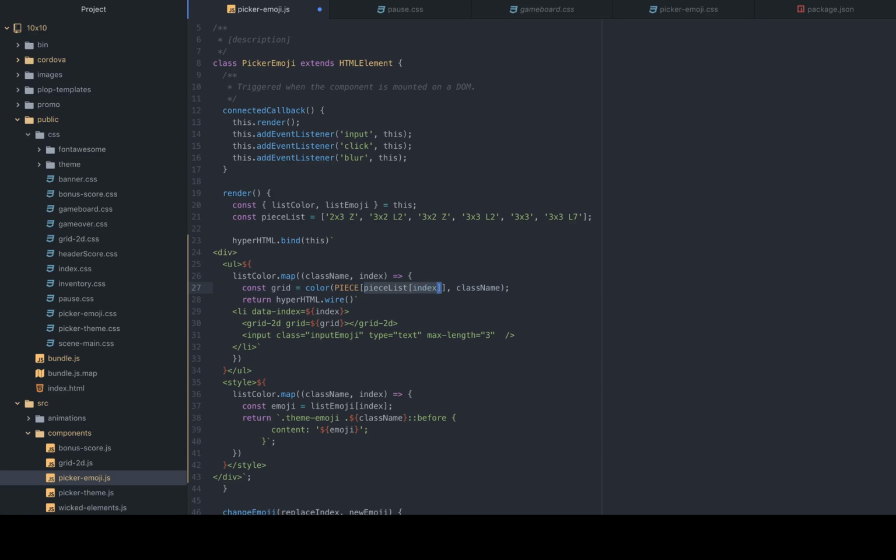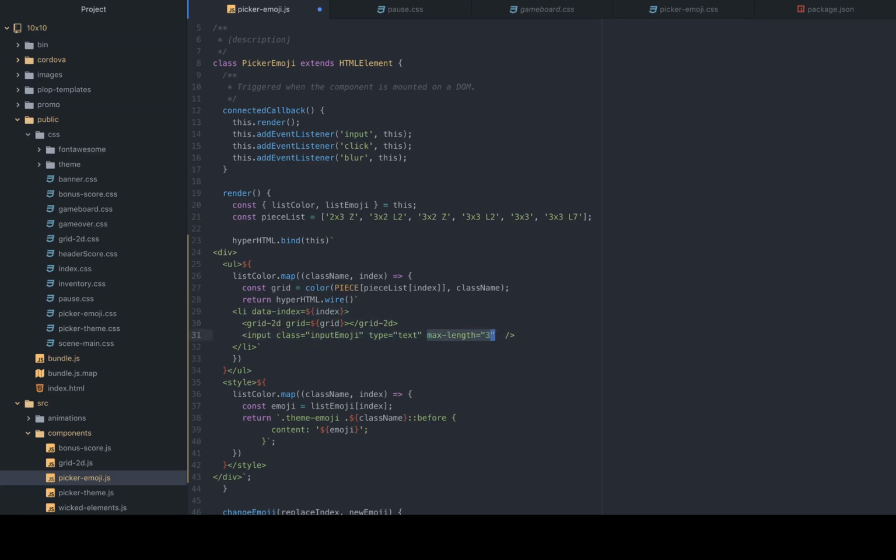The color thing allows quite a bit of expandability, which is why it's like piece list index instead of like piece index or something like that. But that's okay. But this index here is this index. Okay, so now what we want to do, we don't need a max length on this anymore